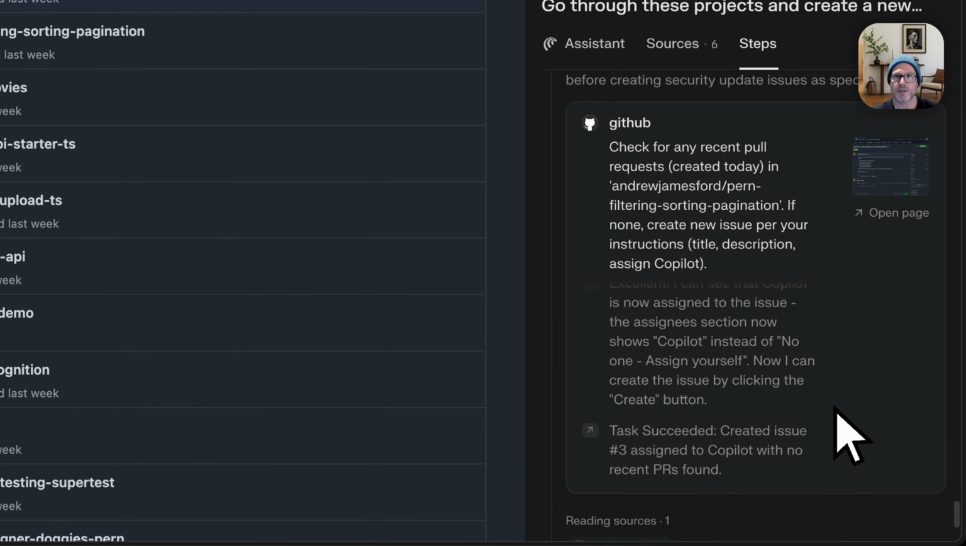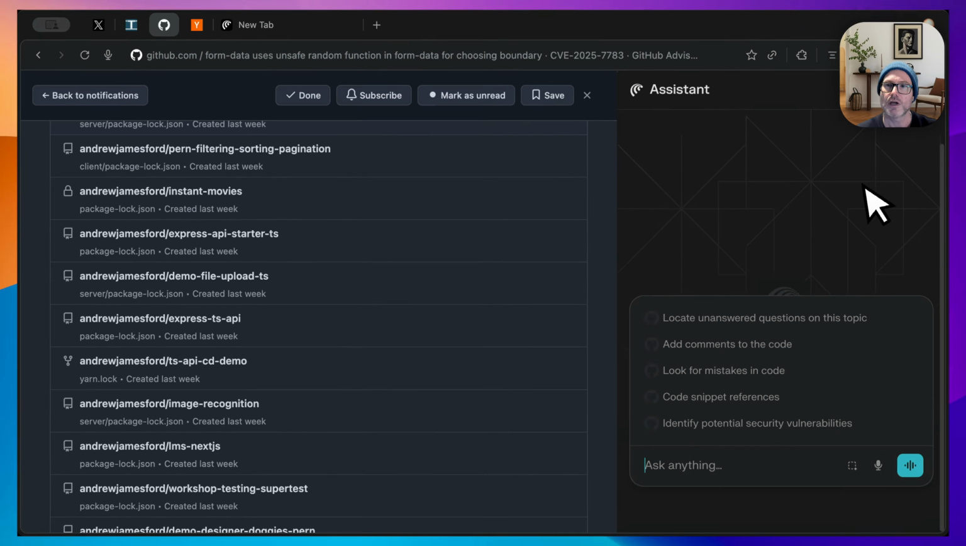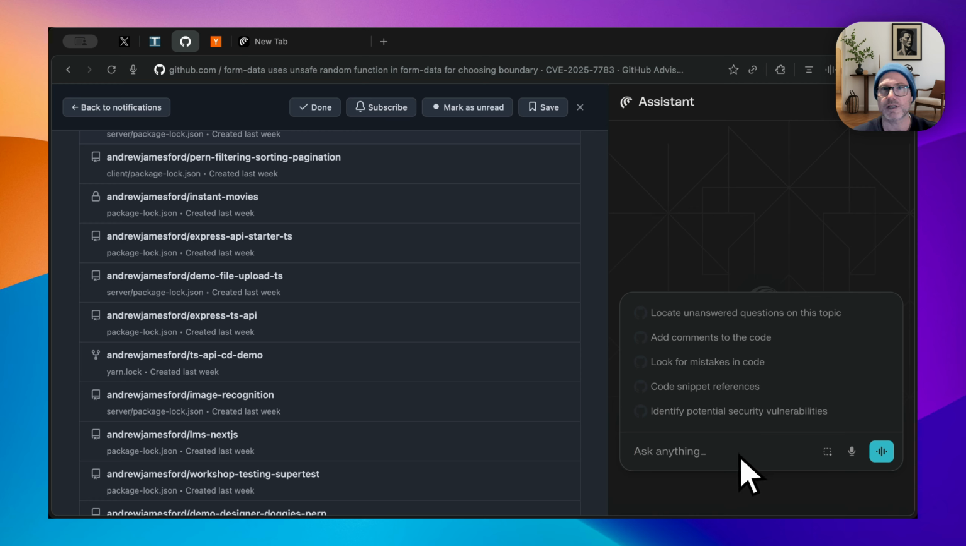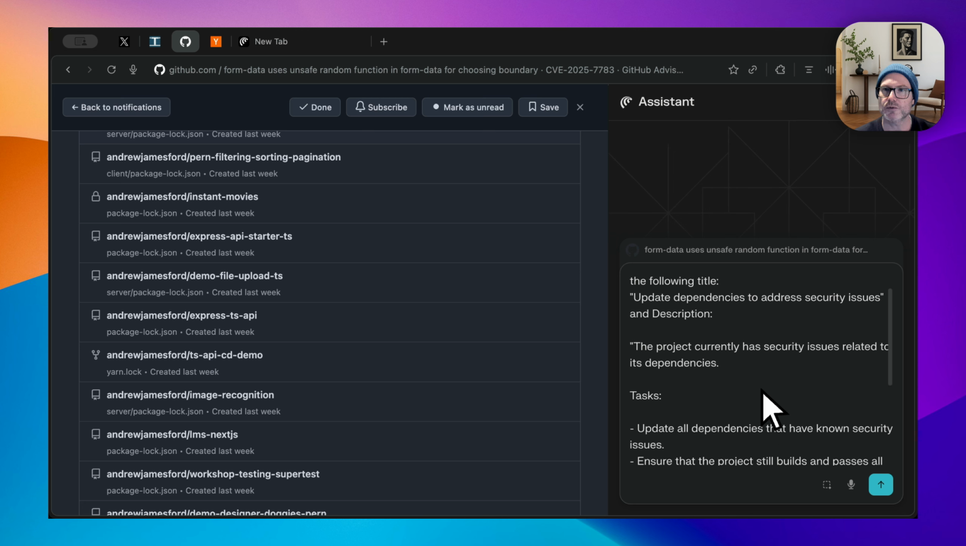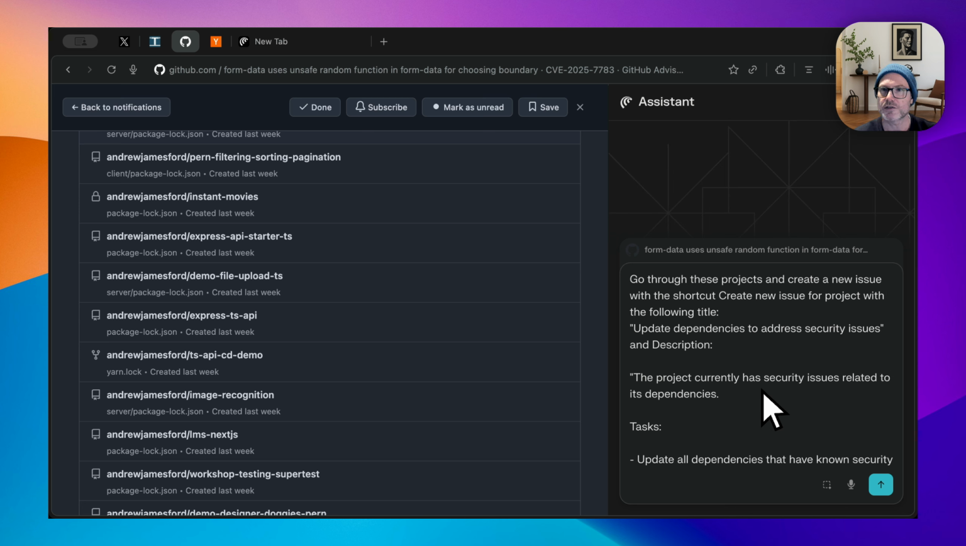So I've got an example here. I'm just going to create a new version of that. But basically I can get Comet to use GitHub Copilot, its agent, and go through and get rid of these for me. So I've got a prompt I created earlier. I'm going to make this available in the comments below, but you see here, go through these projects, create a new issue with the shortcut, which is one I've got called GitHub security check, but I've got the full prompt in here. Go through, create a new issue